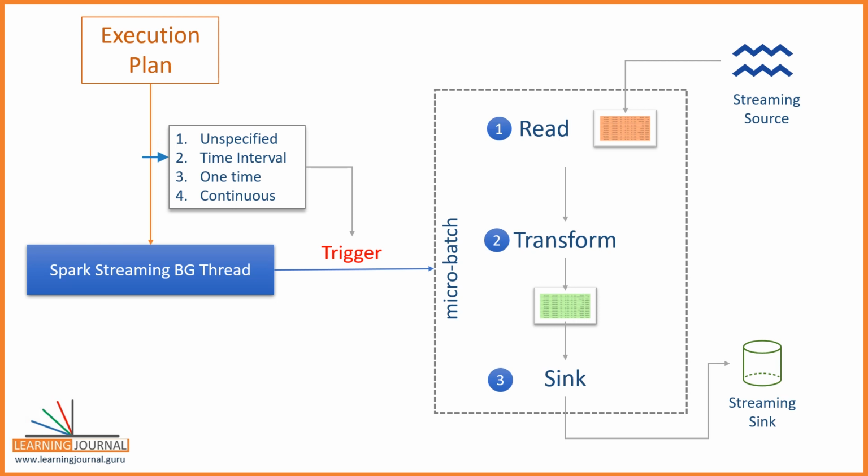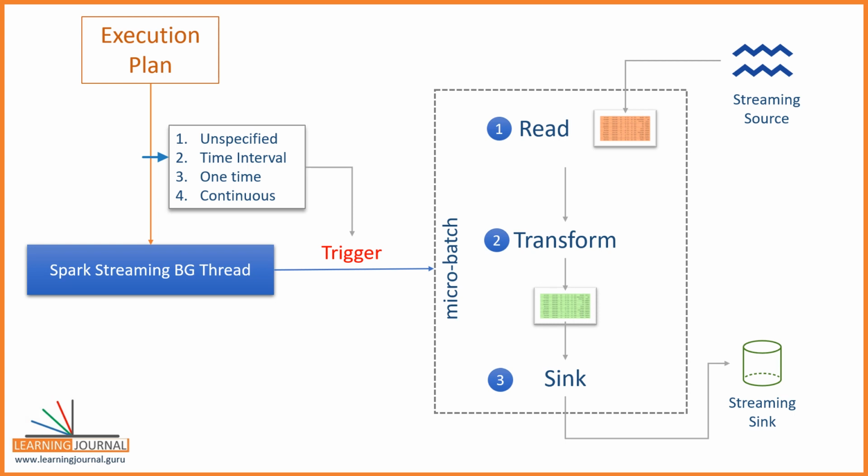The second option is to set some time limits for each micro batch. For example, you can set the trigger interval to 5 minutes. In this case, the first trigger will start immediately. The second micro batch will begin when the first trigger is complete. However, if the first trigger finishes in less than 5 minutes, the second micro batch will wait for the remaining time and only trigger when 5 minutes are over from the start of the first micro batch.